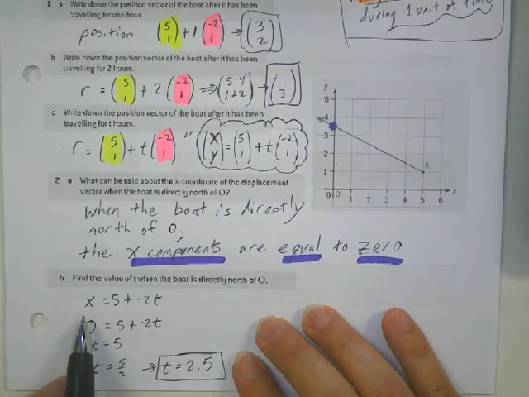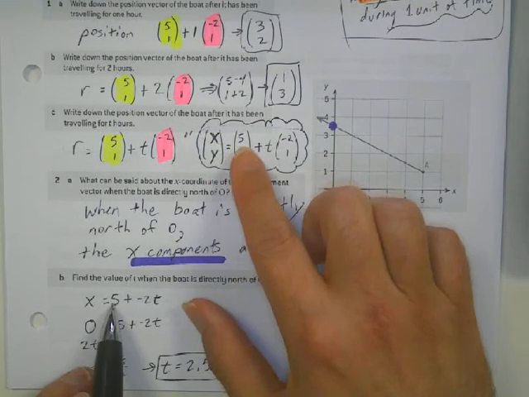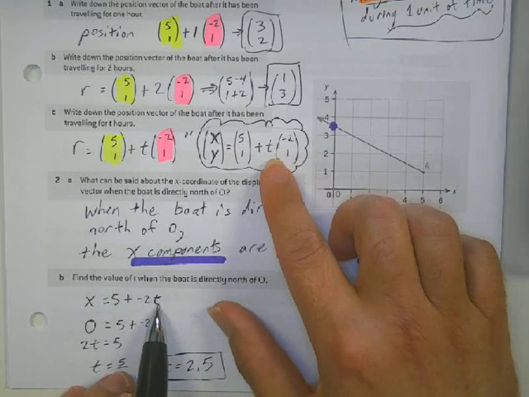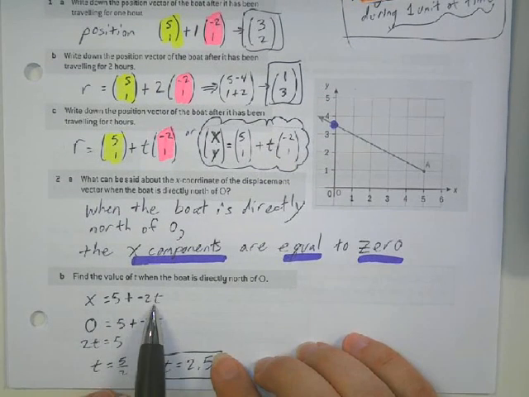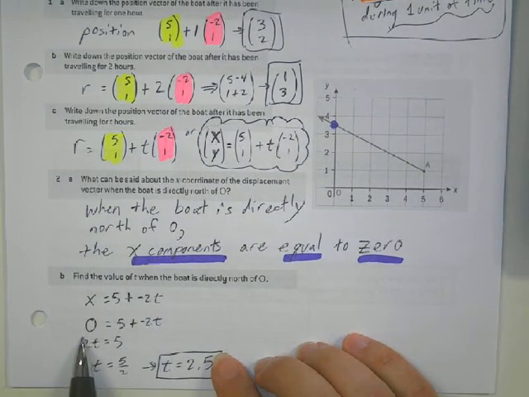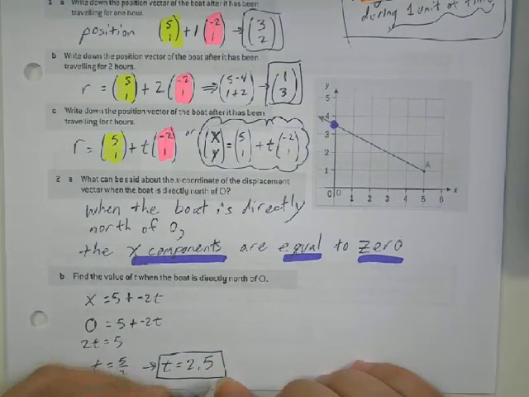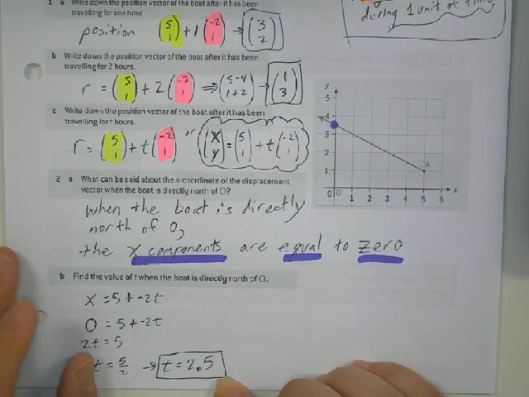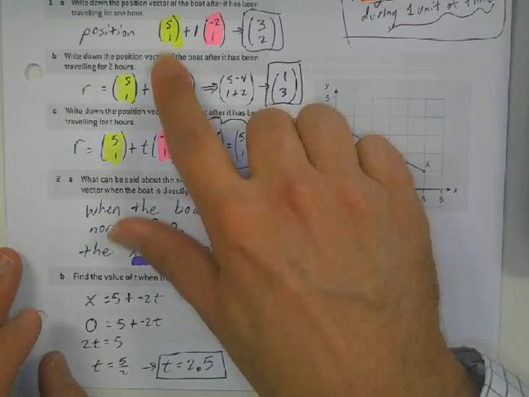So x equals 5 plus negative 2t. So now we can solve for t. I can add 2t on both sides. We made that equal 0. Divide both sides by 2, and then we get this. So 2.5. And that actually makes sense if I look at my graph, because we know at 1 second we're